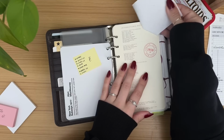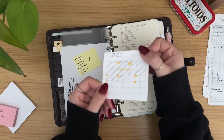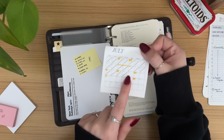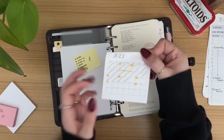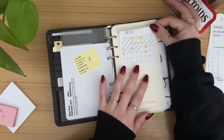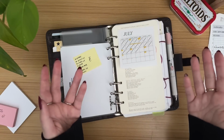This is a monthly printable that I made that is on my Patreon, and I basically just highlight the days where I have something important going on, and then I have been marking the days as they pass, which has also been a very satisfying thing to do for my Aries brain, and it makes me excited to open up my book every day. It's something I look forward to checking off every day, and it requires like no effort or work on my end,